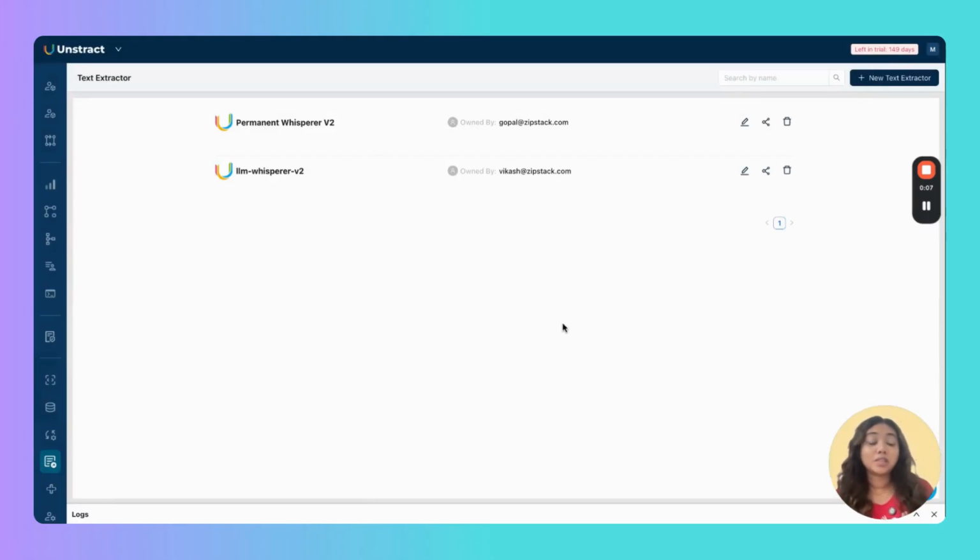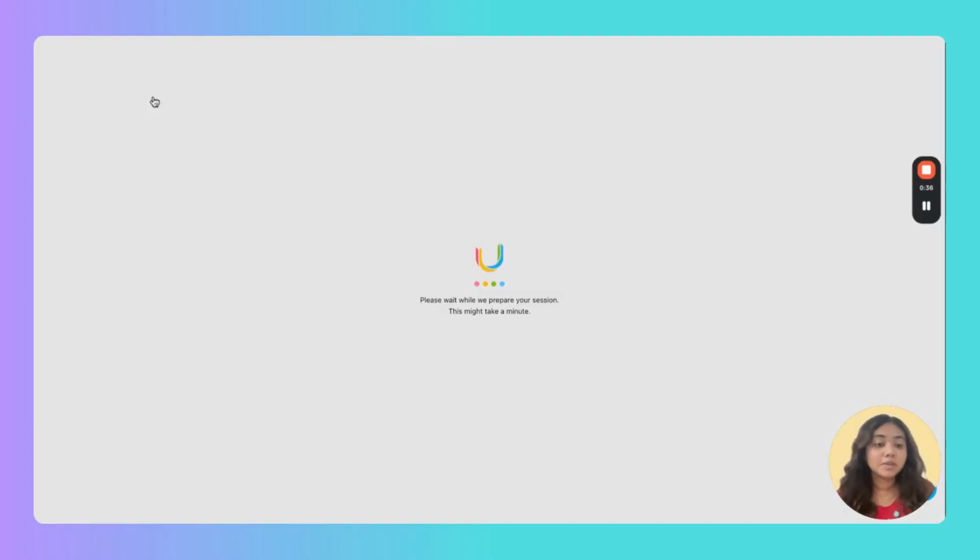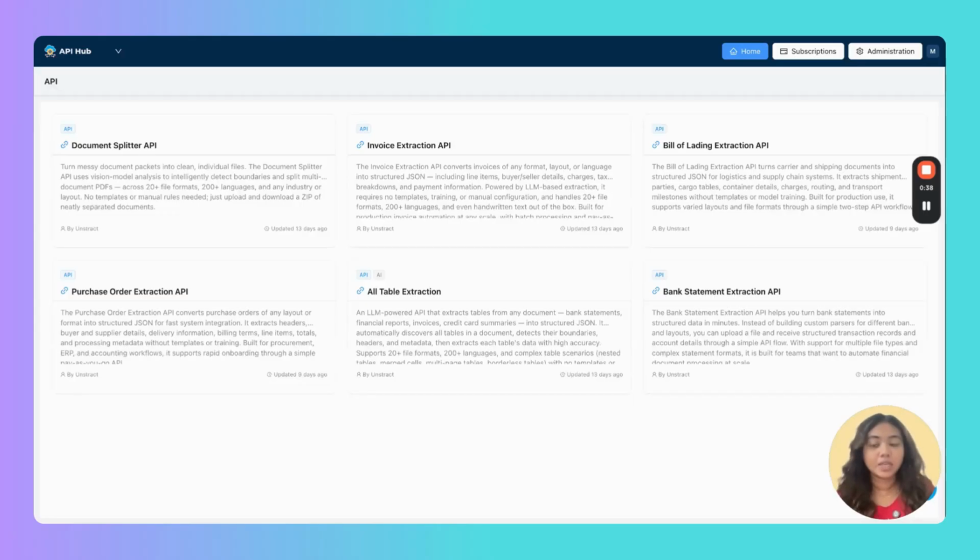Now in this video, we're specifically looking at purchase orders. So let's take a look at how Unstruct supports purchase order extraction within the platform. And there are multiple ways to do that. Now, let me start by covering the easiest way, or the way in which the user has to put in the most minimal effort to extract purchase order data. And for that, I am going to explore Unstruct's API Hub, where we have a collection of extraction APIs that are ready to use. And these APIs basically extract data from commonly incurred business documents like the purchase order, invoices, bills of lading, and so on.